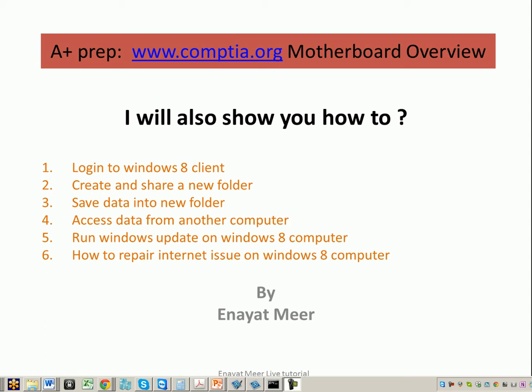Some demand of CompTIA classes and some A+ prep material and some basic Windows environment, networking environment and computer environment. So here you can see on the screen I have one website, www.comptia.org. First I will show you a motherboard overview, and after that I'm going to show you a few steps